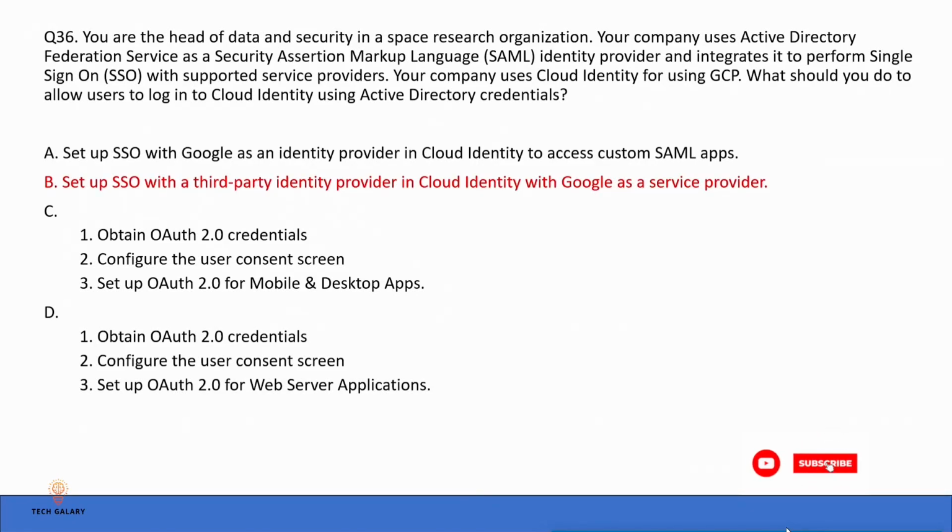Now let's take a look at each of these options. Let's take a look at option A. Set up SSO with Google as an identity provider in Cloud Identity to access custom SAML apps. Option A is not correct because Google needs to be an SSO service provider as a company already has an SSO identity provider. So this option suggests setting up SSO with Google as an identity provider in Cloud Identity to